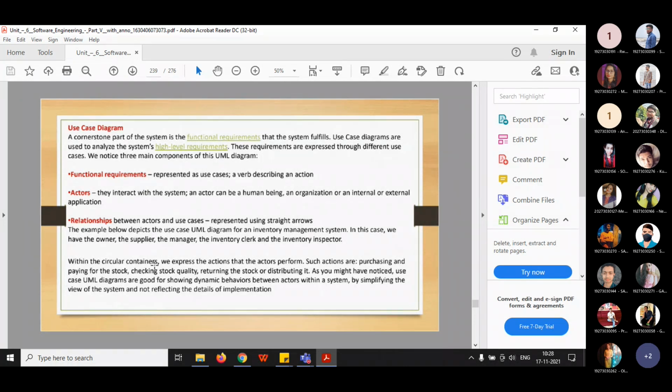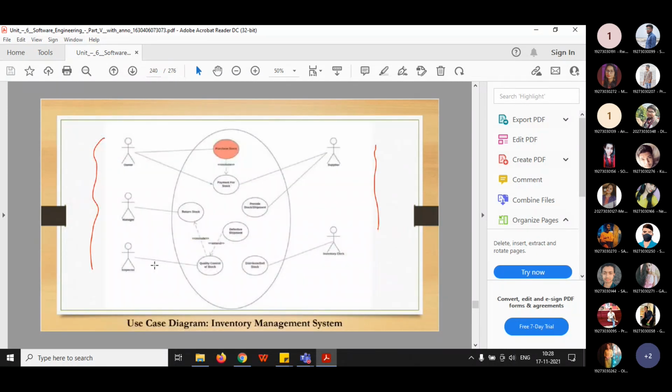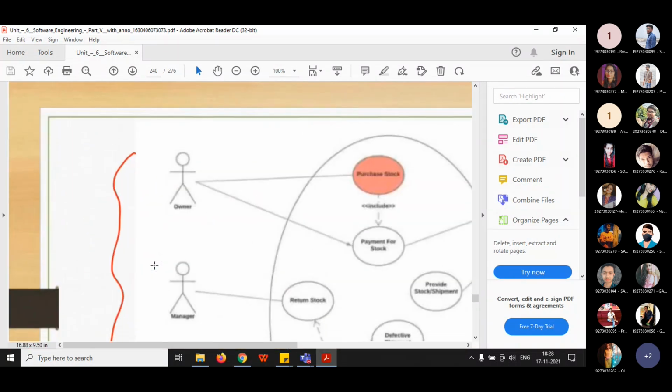As you might have noticed, use case UML diagrams are good for showing dynamic behaviors between actors within a system by simplifying the view of the system and not reflecting the details of implementation.